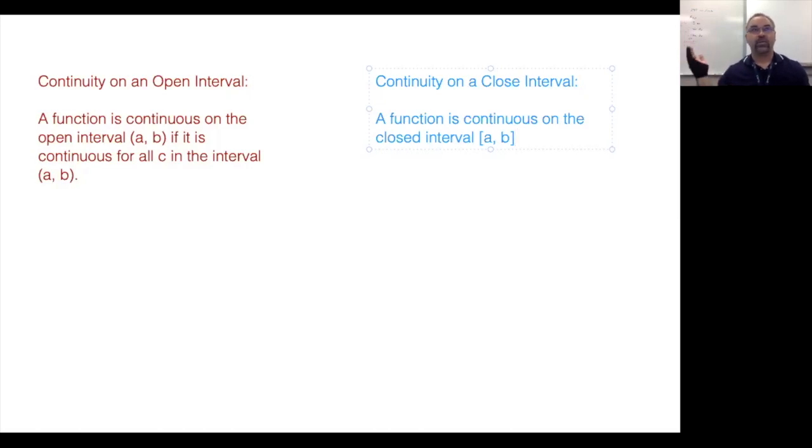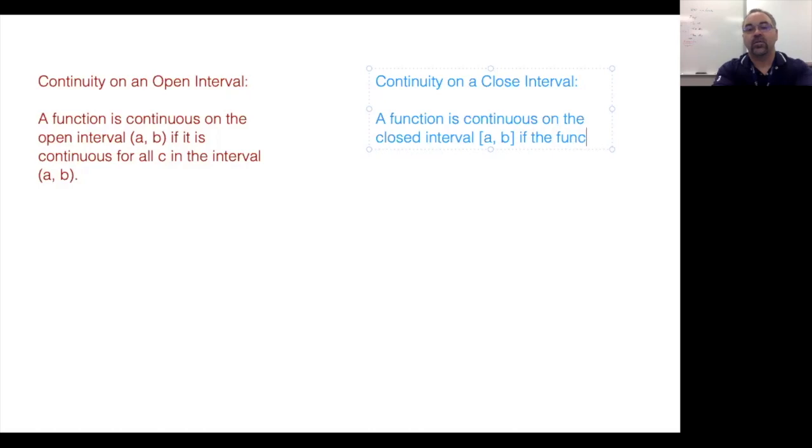Similar problems happen at b. There's no way to prove the limit at b exists, let alone that it's f of b. It has to be f of b. We'll get to all that in a minute. Same with f of a on the other side. But you can't prove the limit exists because there's nowhere to the right of it. There's nothing that exists that is bigger than b as far as we're concerned when we restrict our interval. And so we really need to learn about one-sided limit notation, and that's where what happens in continuity on a closed interval. So what we say is the function is continuous on the closed interval a to b if the